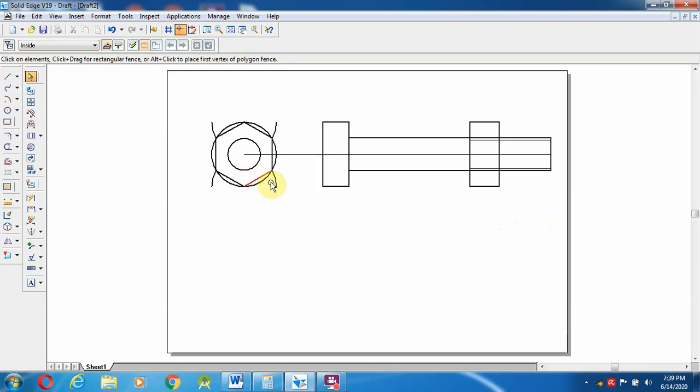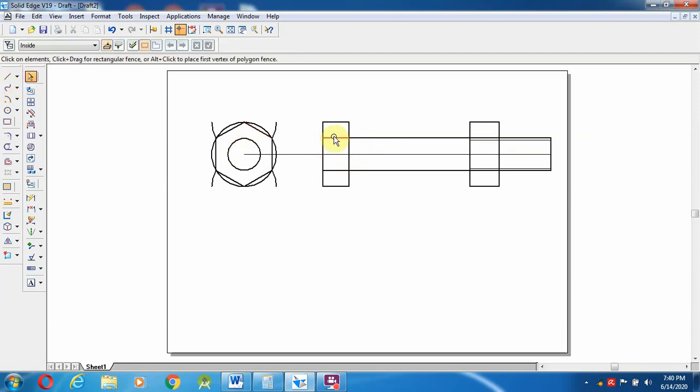Also, one more thing, this line has to come from here to here as a thin line, the same, because if you extend this line, it comes in the same line over there. So I am going to make a line from this end to here, as well as from here to this one, and make them thin lines.